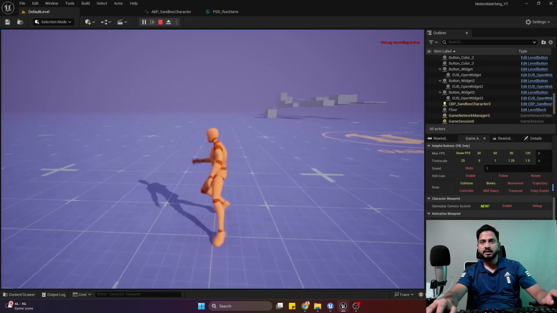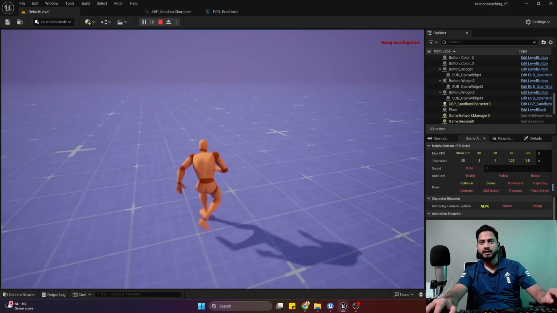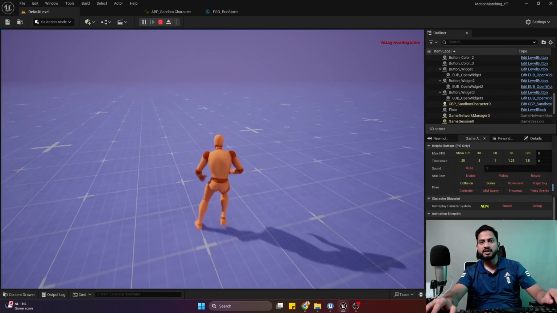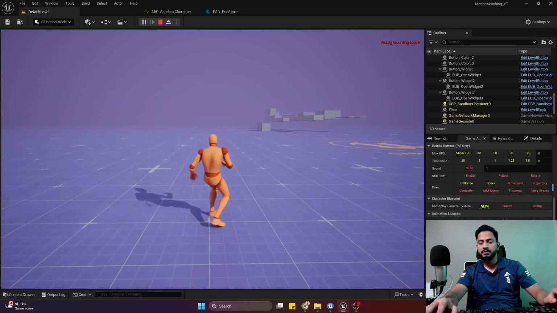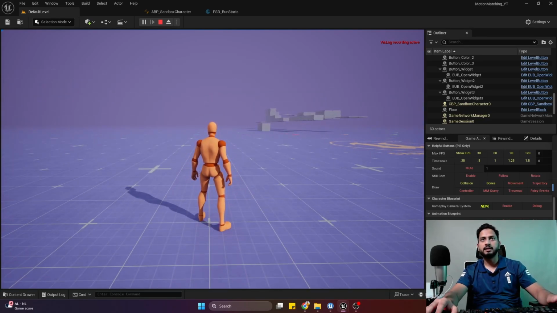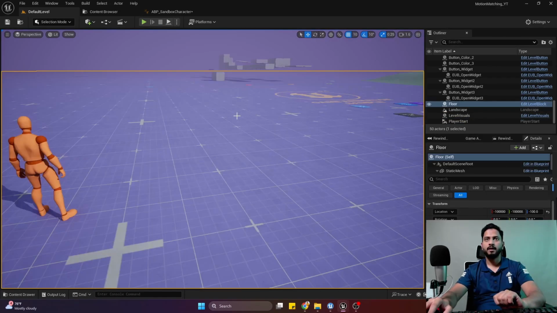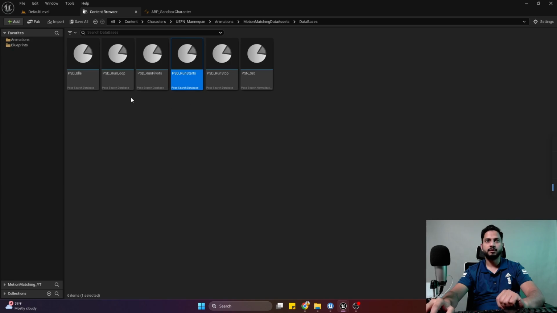So now let's add the feet locking behavior so that our character feels more grounded and feet are not sliding all over the place. So let's set up the feet locking. So what is feet locking? Feet locking is based on, so we have the animation. Let's say